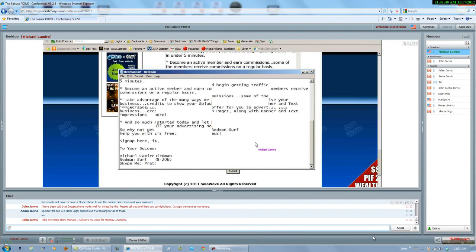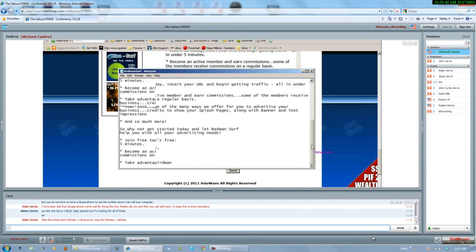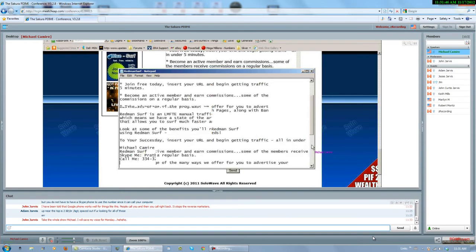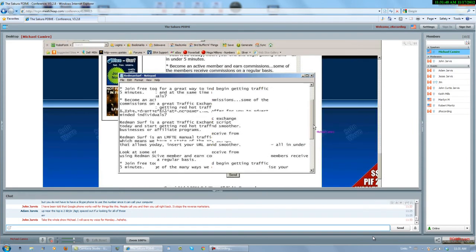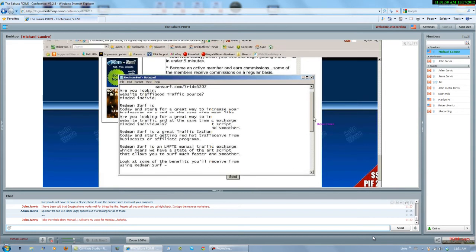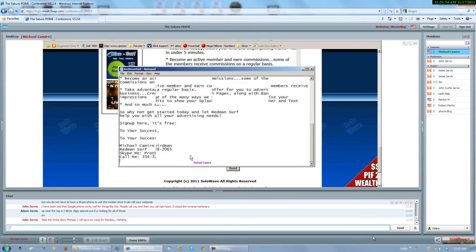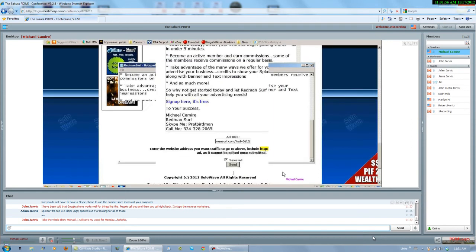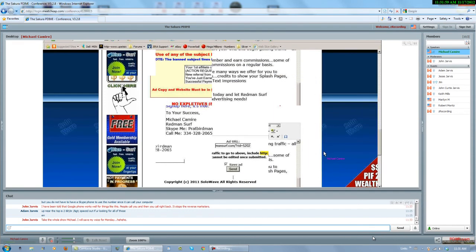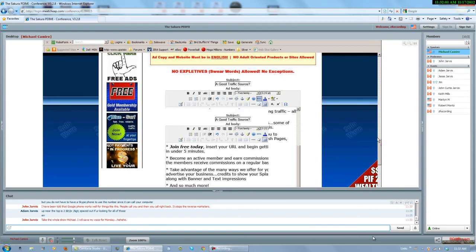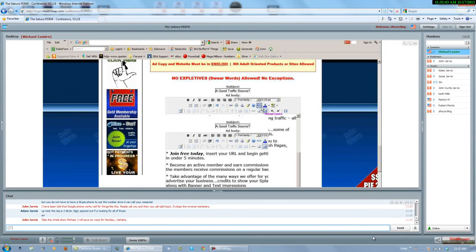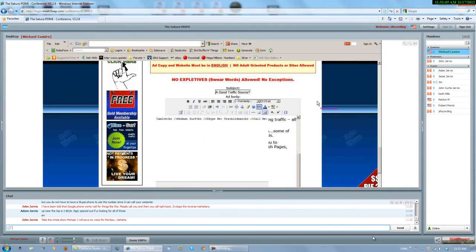But again, that's all set up for text. So I'm going to put a couple spaces here, and I'm just going to put in a little line, okay. Now I'm going to go back to my safe list that I was using, and I'm going to click that HTML button, and you can see there's all your HTML